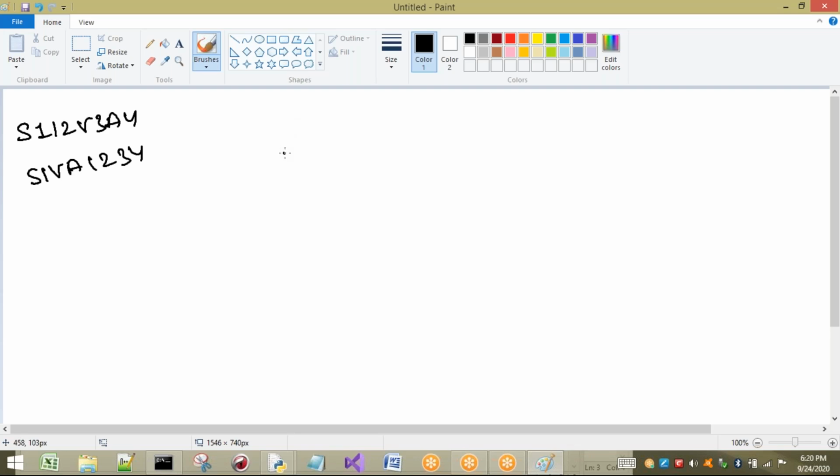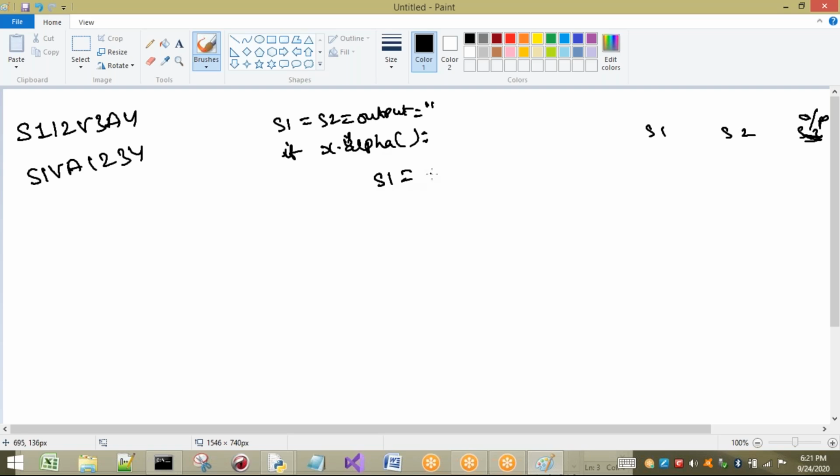What I have to do, first I have to check whether the given character is alpha or not. Okay, if it is alpha, I will take two separate strings. So for example, S1 equal to empty, S2 equal to empty, and some output also. Finally I have to print output, no? So three strings I am going to take, all empty strings. So initially all are empty strings. Okay, sorry, this is output. Now what I am doing, if it is alphabet, sorry, isalpha, I will store it in S1. So S1 equal to S1 plus whatever value we are going to take here. Sorry, I have to redo this, once again I will write the program. One minute.